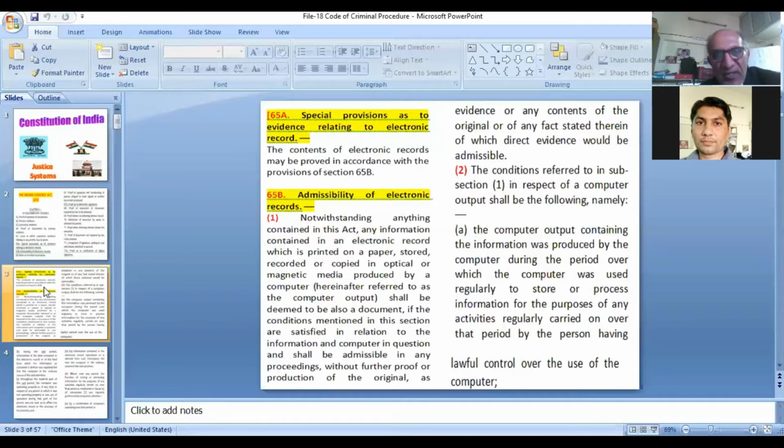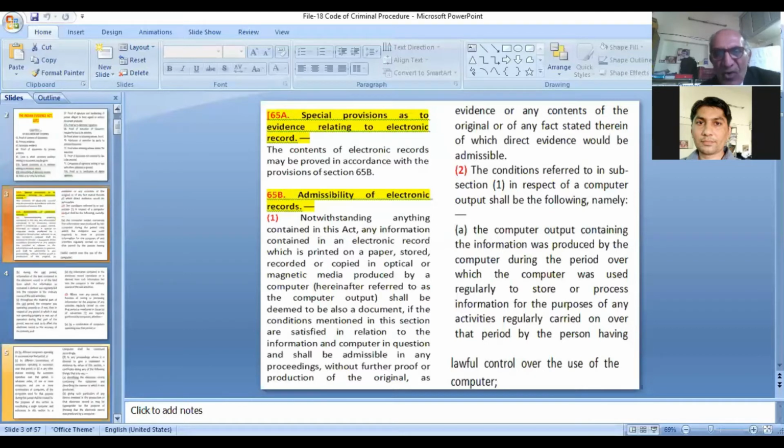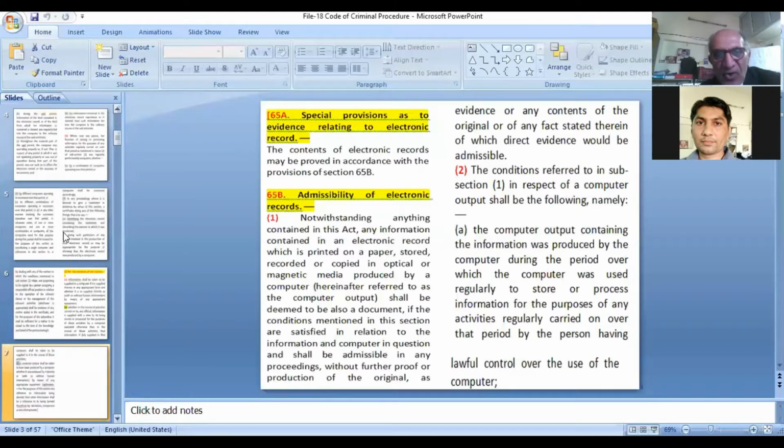notwithstanding anything contained in this Act. That means it is a special clause and it is notwithstanding anything contained in the Act. It is over and above the other provisions of the Indian Evidence Act. Any information contained in an electronic record, so this special provision is regarding the information contained in the electronic record. Therefore, this provision regarding information contained in electronic record is over and above the procedures and other